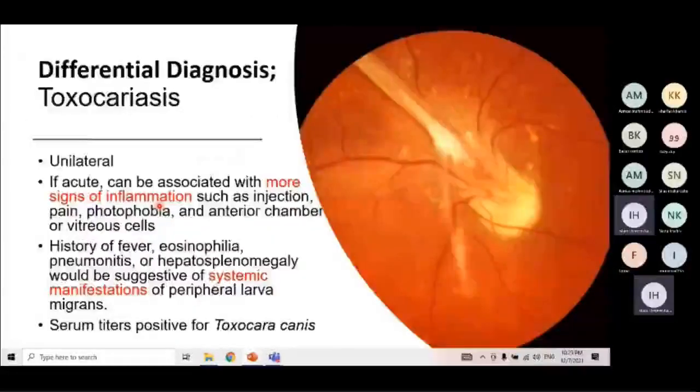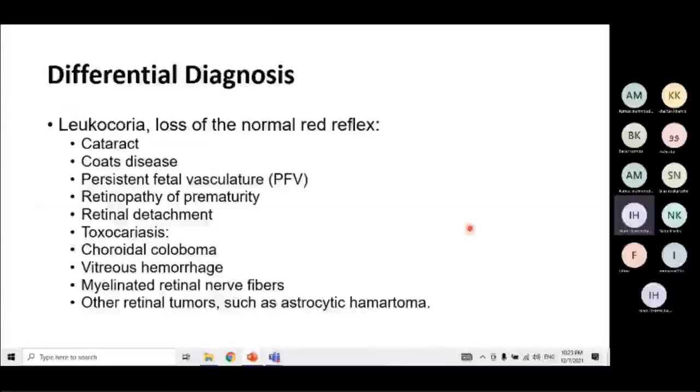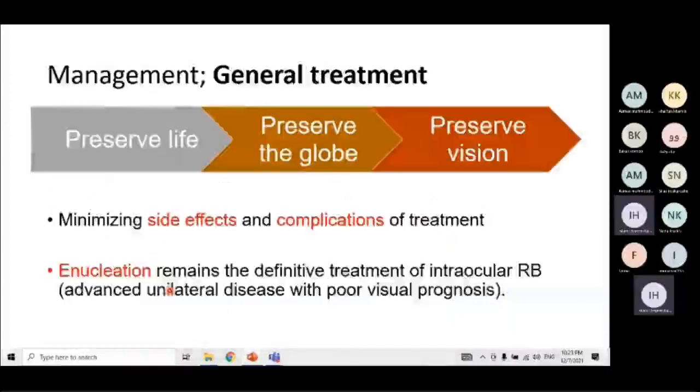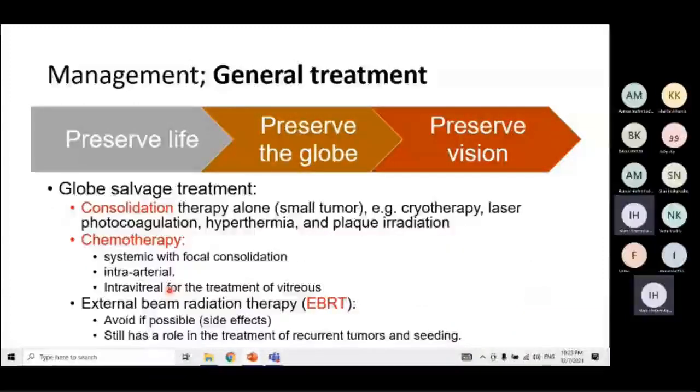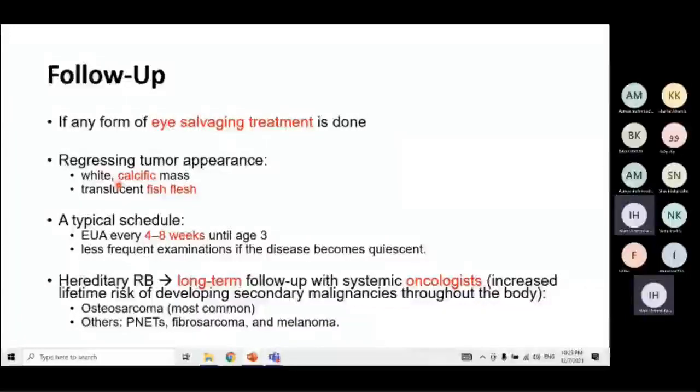Can you see the difference between this one? This is an active tumor. If I see this one, I say this is an active tumor that requires treatment. And if you look at that one, it's a white calcific tumor. Can you see the difference between them? I'll say that this is not very active. This one, again, is vascular and active, and it's not calcific like that one. So it's important to check whether it's an active or a new one, and know the appearance of the regressed